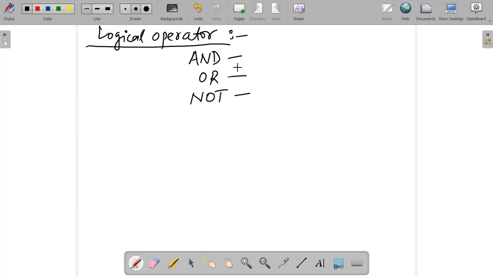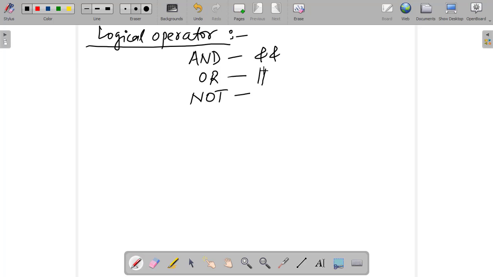First of all, we will see how these symbols are actually represented in the C language. For representation of AND we use the double ampersand symbol. Please remember, double ampersand is used for AND. For OR we use the pipe operator, pipe. Where will you get the pipe symbol on the laptop?